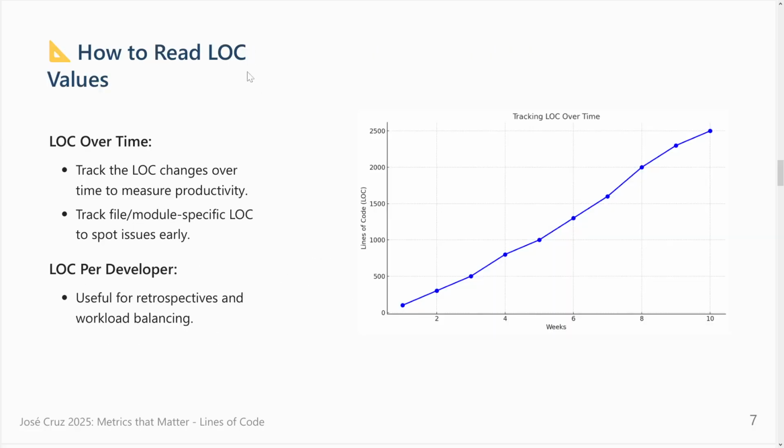So how to read lines of code? These are usually the kind of charts that we see when we are using lines of code. For instance, you can have weeks, you can have lines of code, and lines of code per developer, useful for retrospectives and work balancing. So you can check the progress based on lines of code. I know that it's debatable, and I had this discussion when I was at college, that sometimes lines of code is not a good metric for this. But again, it's one of its uses, okay? And when you don't have anything, it's a starting point.